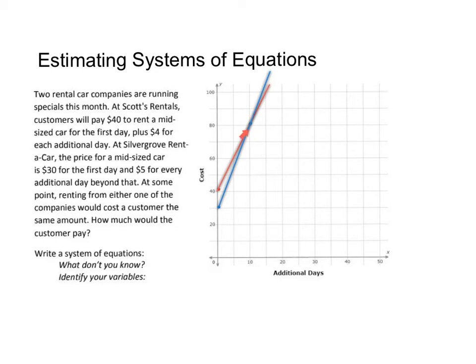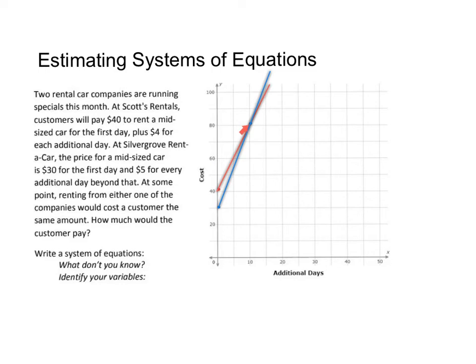So what I want you to notice about this graph and be able to estimate is to determine which company would be cheaper at a certain number of days. So if it's between 0 and 5 days, you can see here that it would be cheaper to be using the Silver Grove rental. All right, it's cheaper, but then at some point, which here is at 10 days, it's exactly